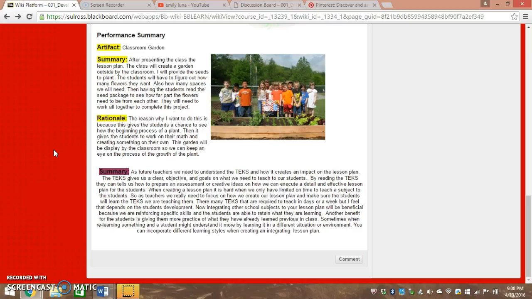Integrating subjects is very beneficial to the students because we are reinforcing specific skills, and students are able to retain what they're learning. It's giving them more practice of what they already learned previously in a class. And sometimes relearning something, a student might understand it more by learning in a different situation or environment. And you can also incorporate different learning styles when creating an integrated lesson plan. You can try to put visual, audio, tactile, different types, just because one student may not be able to learn visually. So it's just really important to know your TEKS and create a very well detailed lesson plan,